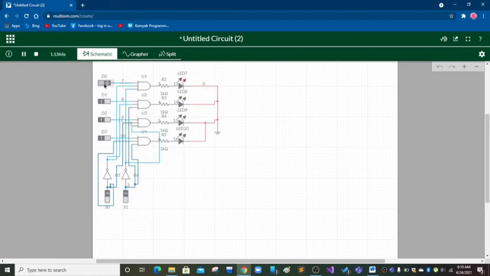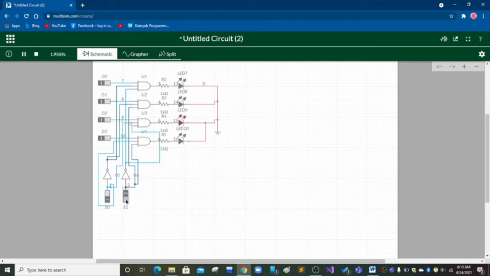When it is 0, the LED is off, and when it is 1, the LED is on. And whenever S0 is 1, the D2 is working. When the D2 is 1, the LED is on. Sorry, when the D2 is 0, the LED is off.